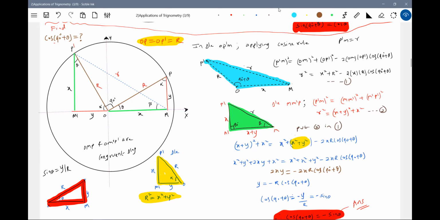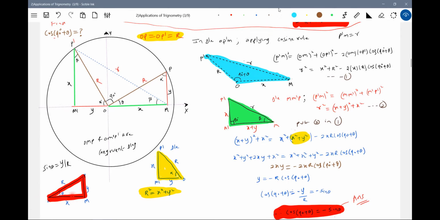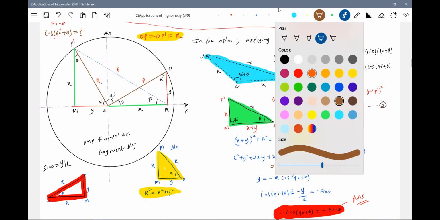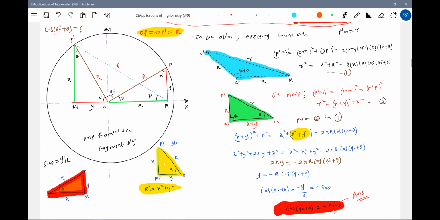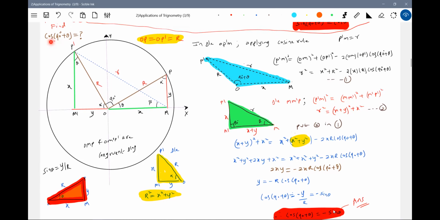Let me write it. So come to this triangle, the right triangle. Can you define anything as y by R? Sin theta is y by R. So in place of y by R, can we write sin theta? So therefore cos of 90 plus theta will be minus sin theta. Getting the basic proof. So what was our question? Our question was to find out cos of 90 plus theta, how much? That's what I just showed. It is equal to minus sin theta. Sine rule, cosine rule. So when right angle